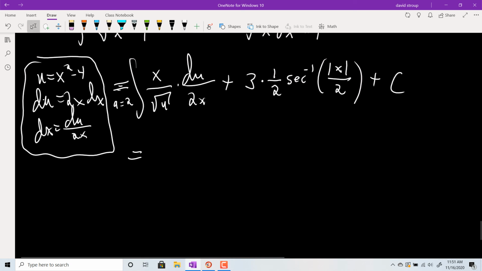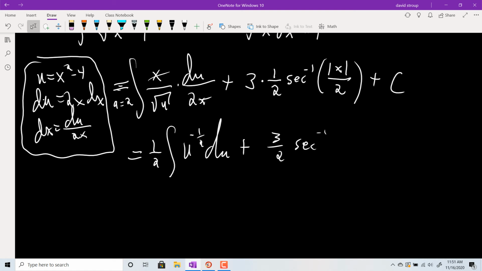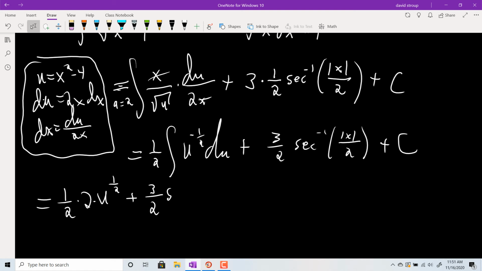Okay, and then that first integral, we're ending up with a 1/2 to be factored out. The x's cancel, thank goodness. We have the integral of u to the negative 1/2 du, plus 3/2 secant inverse of the absolute value of x over 2, plus c. Then integrating u to the negative 1/2 gives u to the positive 1/2, multiplied by our reciprocal, 2, plus 3/2 secant inverse of the absolute value of x over 2, plus c, and then finally back